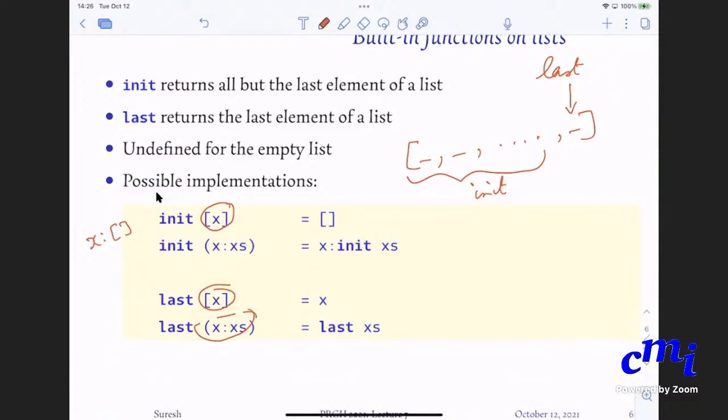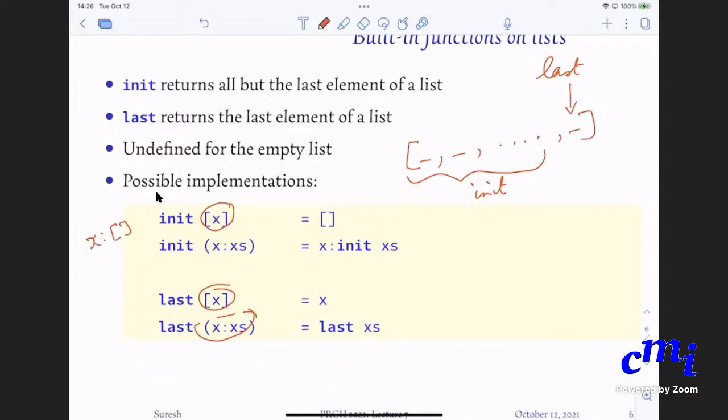This is not a safe way to program. When you write your own programs, you should make sure that you catch all cases. But init, last, head and tail are such basic functions that if you add extra safety features, you might lose on efficiency, which is why the basic Haskell library functions just do it this way. The understanding is that you will know to use them safely. Okay, great. So is the definition of init clear?